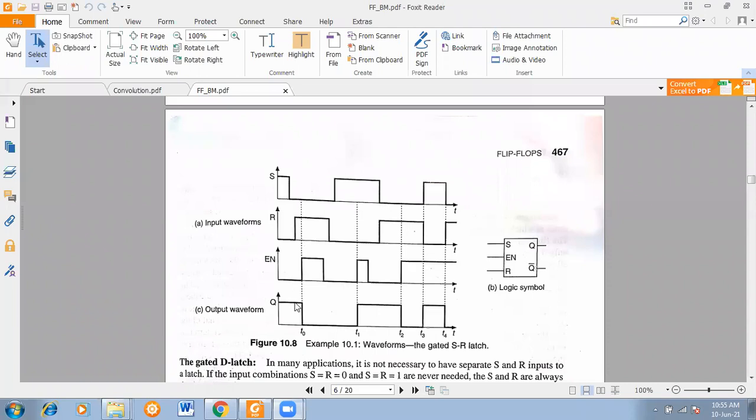So we will assume that was the previous state. If you show here 0, we'll assume the previous state was 0. That's why it is right now also 0. If you take it high, we'll assume that previously it was high. So when the clock is absent, it will continue to stay. That's why it is right now also high. So right now, you don't get confused about the starting positions. Now after that, the clock is present.